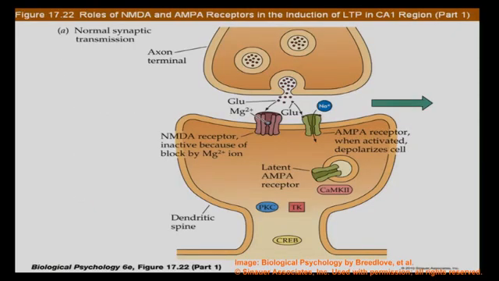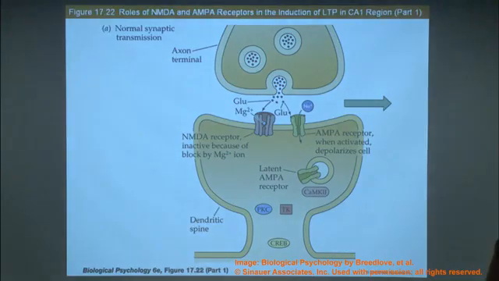So here is our axon terminal. Let's say this is an axon from CA3 to CA1. This is a Schaffer collateral axon. It works just like all the other axons we talked about. Voltage-gated calcium channels are activated when an action potential comes down, and it releases neurotransmitter. Now, in normal neurotransmission,